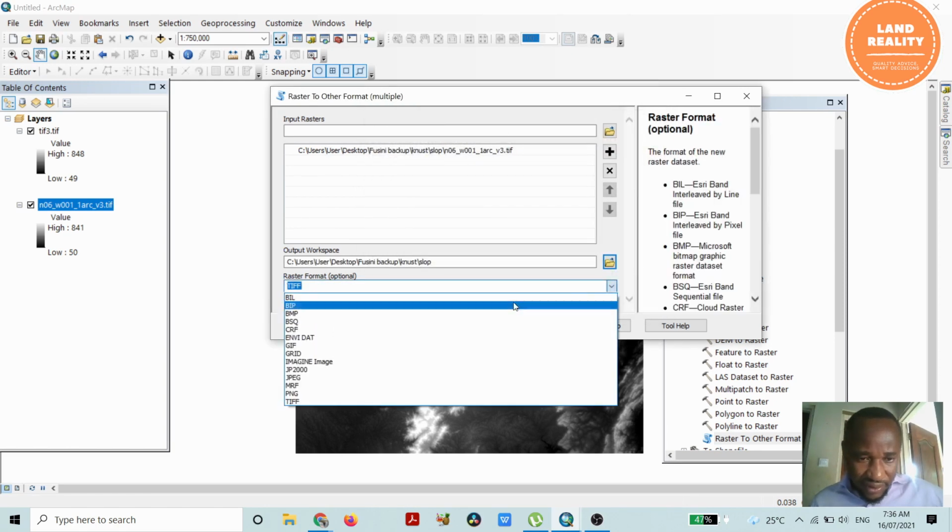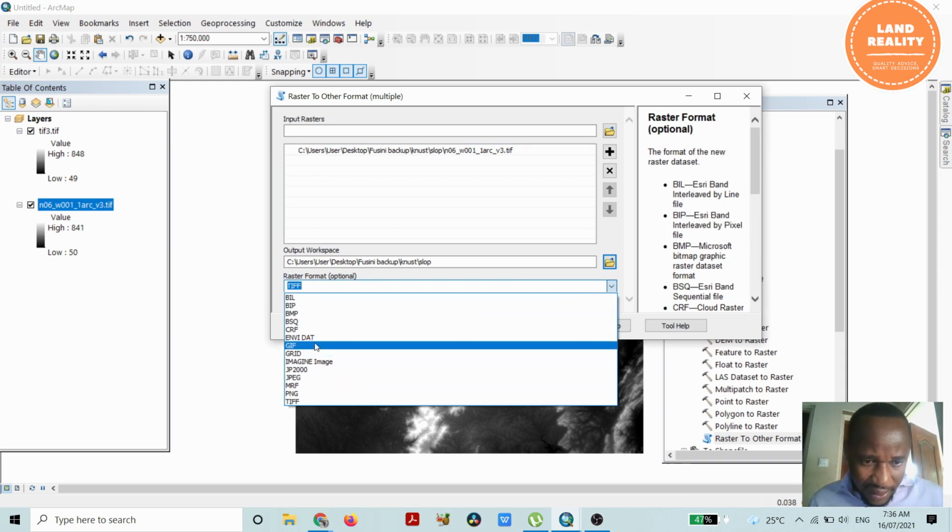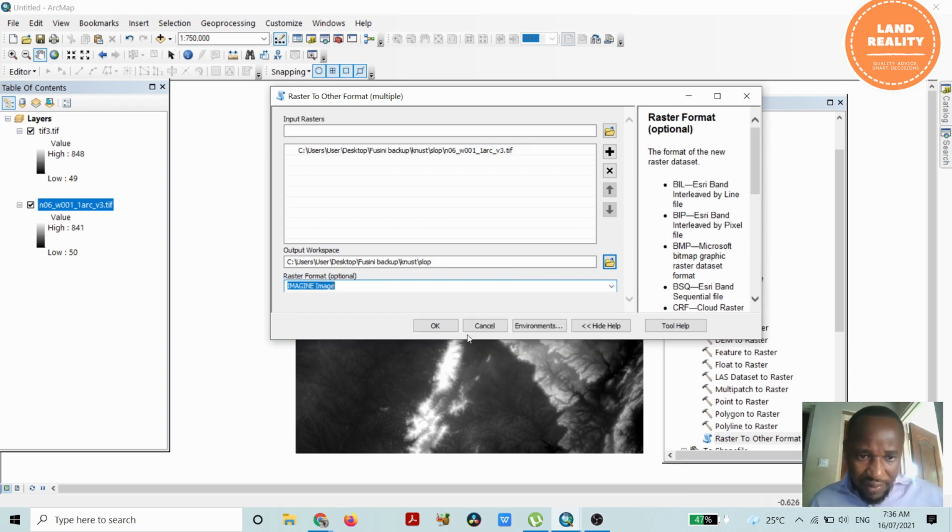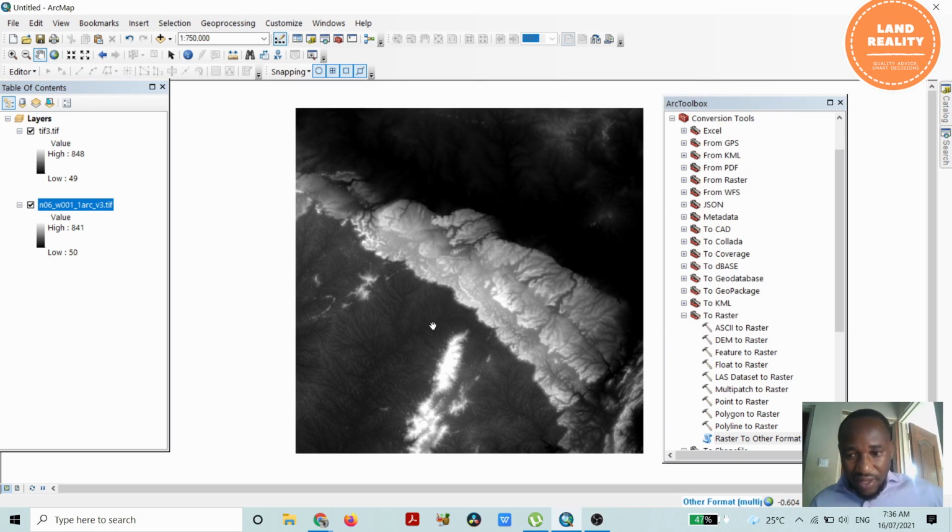Then this is it. So let's pick Imagine images. Imagine images are usually used if you are familiar with ERDAS. ERDAS is a remote sensing software, and usually there is a file format for imaging, and the extension is img. So with this, save it and you click OK. Wait for the processing to be completed. Raster to other file format. So when you go to